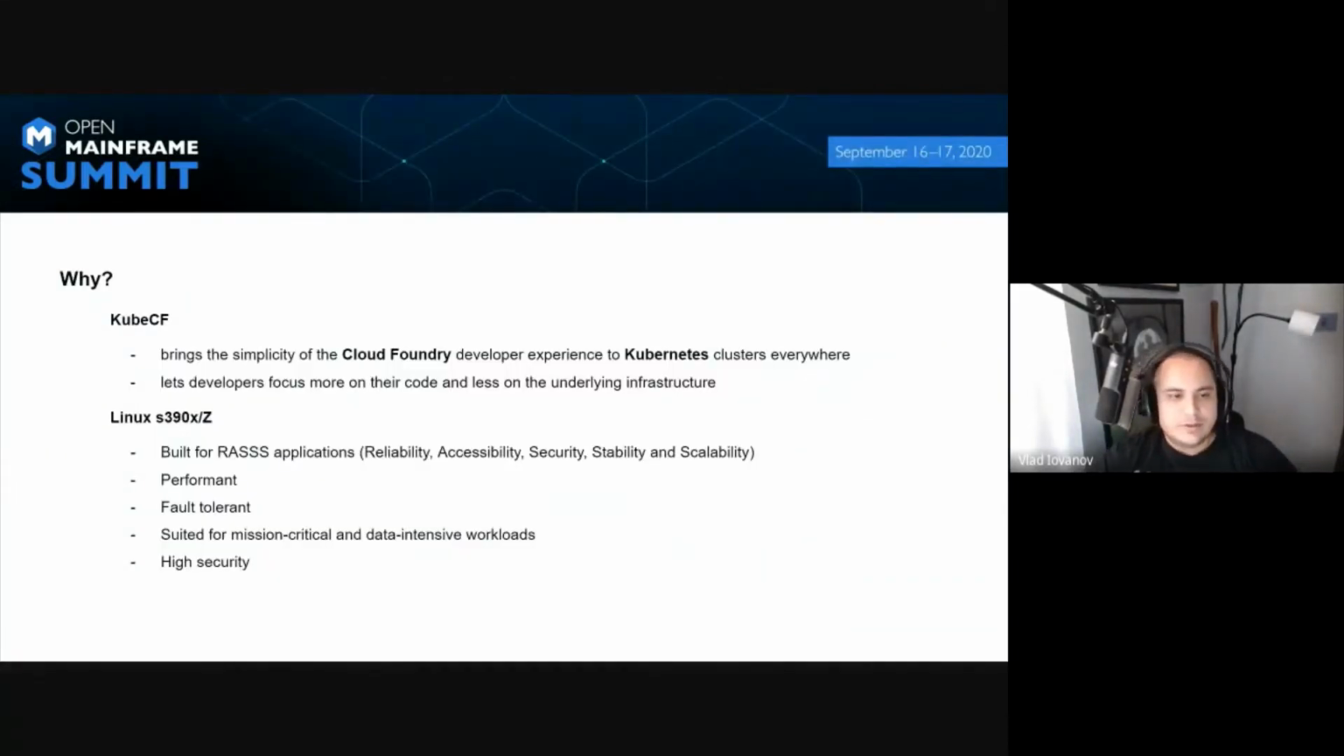So why would you want to do this? Well, Kubernetes is a platform that's great for orchestrating workloads. But Cloud Foundry is an amazing platform for developers. So we want to bring the simplicity of the Cloud Foundry developer experience, the CF push experience, to Kubernetes clusters everywhere, because this is something that will allow developers to focus on their business, on their application logic, and less